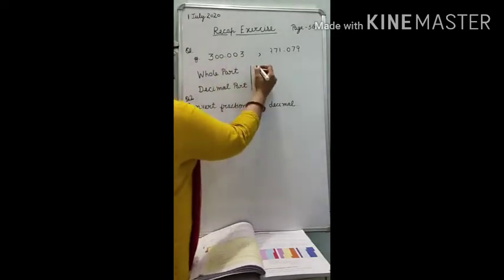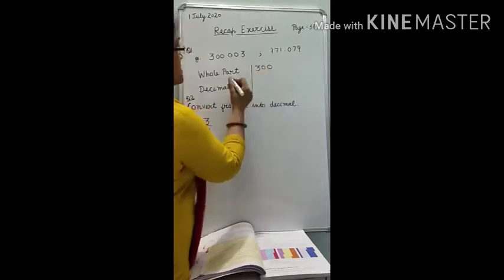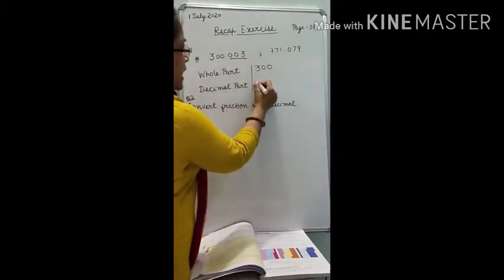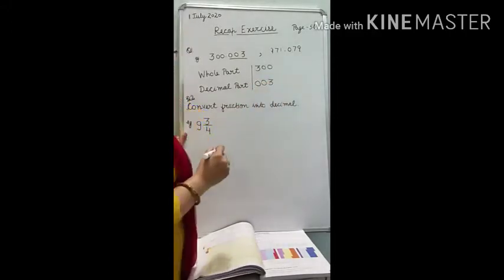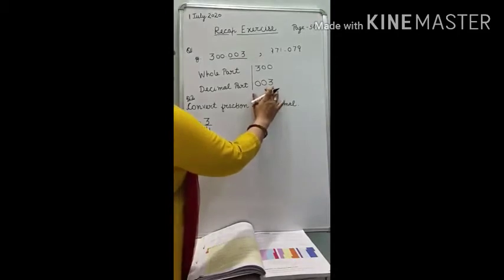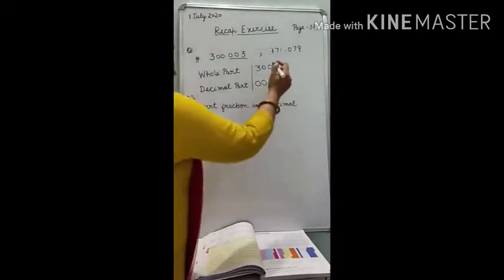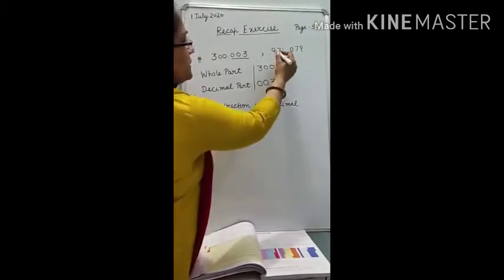So for this, the whole part is 300 and what is the decimal part? This. And keep in mind, do not write only the number 3. Please write all the digits. This must come at the third place. Let us take one more example. This is